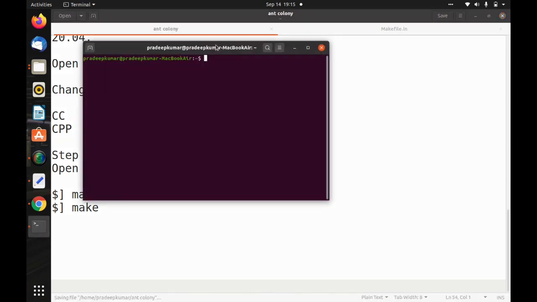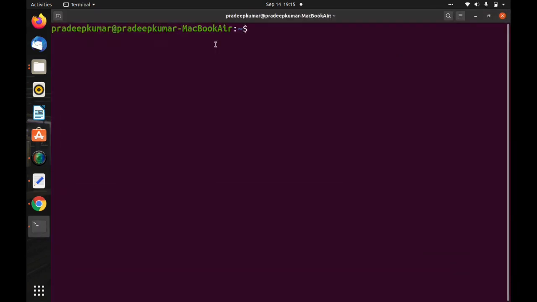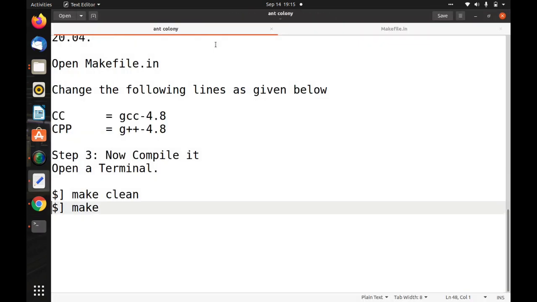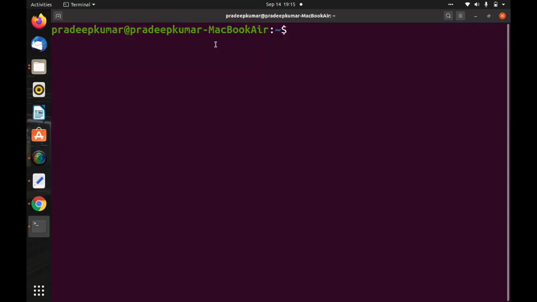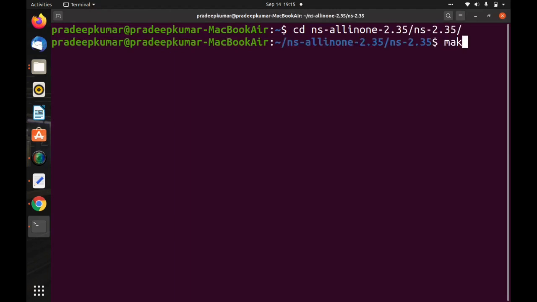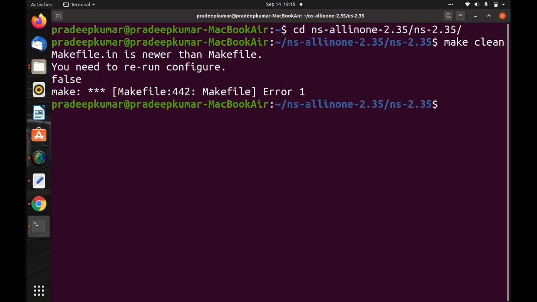Once you open a terminal, you have to go to the ns-2.35 folder. First you can use cd ns-allinone-2.35/ns-2.35. Once you have done it, you can use the make clean command. Sometimes you will get an error saying you need to rerun configure.